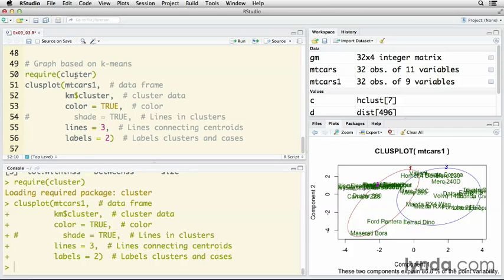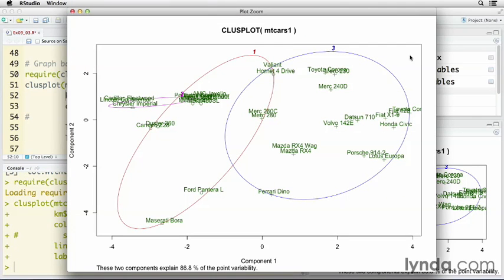And it's a very different kind of plot. Let's zoom in on this for a minute. What we have now are circles that define the 3 clusters. We have cluster 1 in red, which goes from the Maserati Bora, the Pantera is in there. It looks like the Duster and the Camaro Z28 are in there. We have cluster 3 in blue that has the Mercedes and the Mazda, the Lotus and the Porsche and the Ferrari. And then we have cluster 2 in pink, which has the Chrysler Imperial, the Cadillac Fleetwood, the Lincoln Continental,